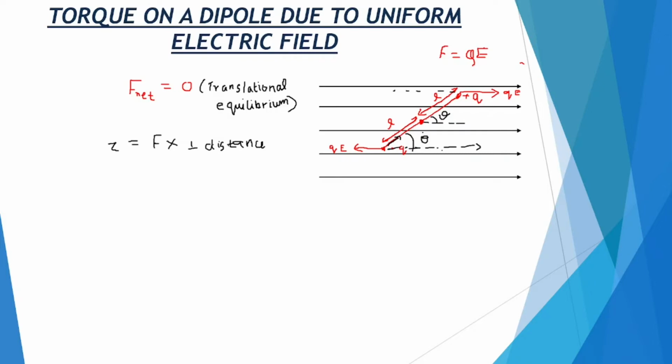So there is a projection, that is our axis of rotation, and the perpendicular distance is the distance between the axis of rotation and the force. So that distance will be this. Right? Have you understood this? This is our axis of rotation, the projection, and this is our force. This is the perpendicular distance, the distance between the axis of rotation and the force. Let's write it here: this will be the distance between the axis of rotation and the force.